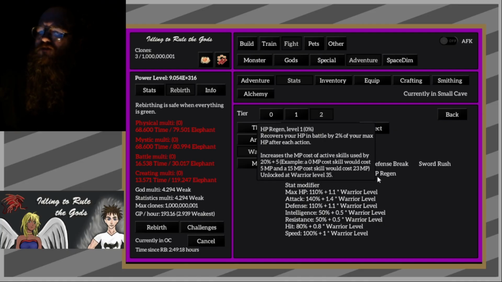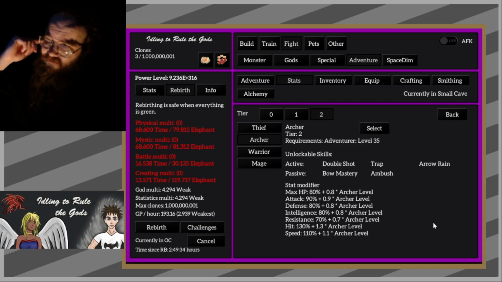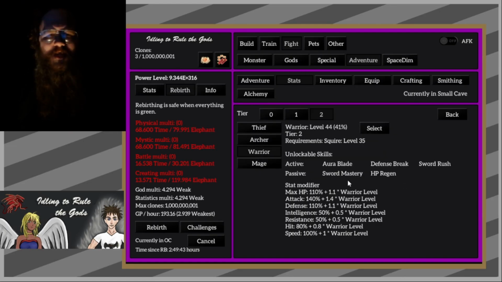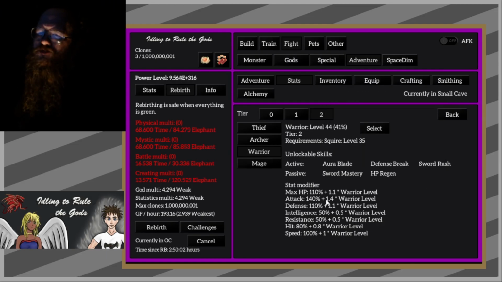With HP regen, I mean, ambush, even though I criticize it, might be a really good skill. If you combine that with arrow rain, maybe this would be a really good class doing that specifically. But this has sword mastery plus attack boost, plus its choice of defense or HP if it wants a third. And you've got sword rush, which isn't gonna miss. It's gonna hit 3 times, not as good as 5 hits, but when you've got an attack boost that looks like this,